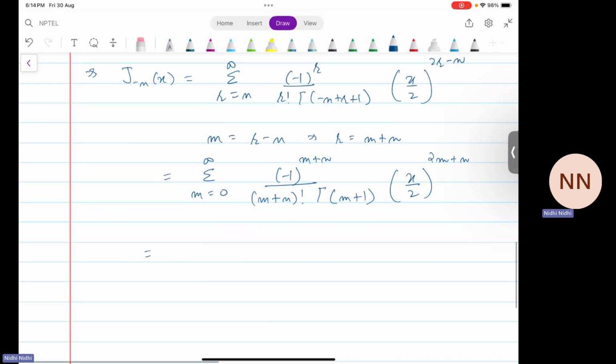Now since this n is independent of the summation, we can take minus 1 to the power n outside. We have summation m from 0 to infinity, minus 1 to the power m. Now (m plus n) factorial is basically gamma of m plus n plus 1, and gamma of m plus 1 is m factorial, x by 2